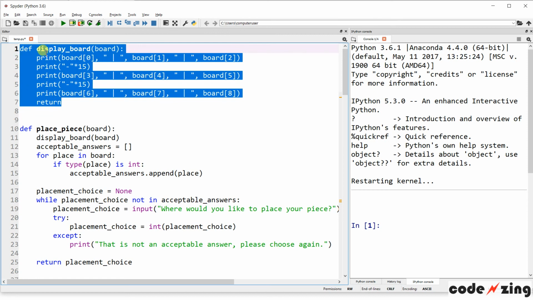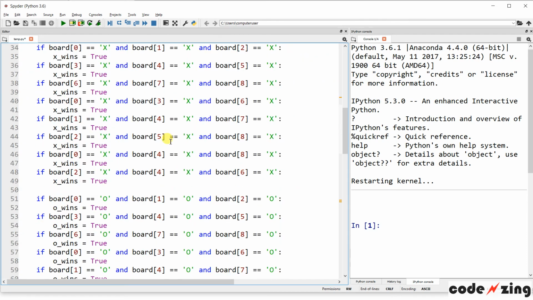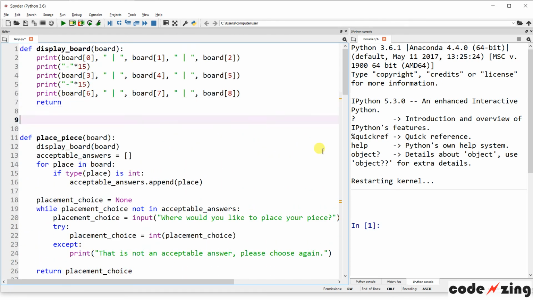So you can see this first one just displays the board. And that's the only thing its job is. It's a series of print statements, and that's how we get the nice X and then a vertical line, and O, or the number of the space, a vertical line, and then separated by a dashed line across the next row of the board, dashed line, and the next row. So if we were to just run display board, to run a defined function like that, you just type in display board, and